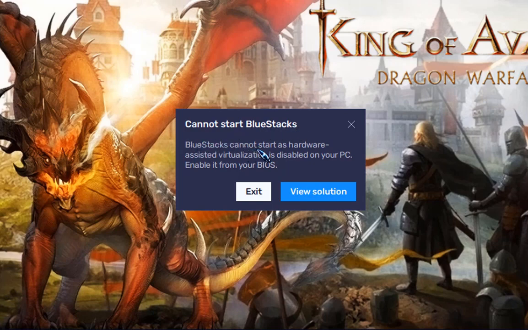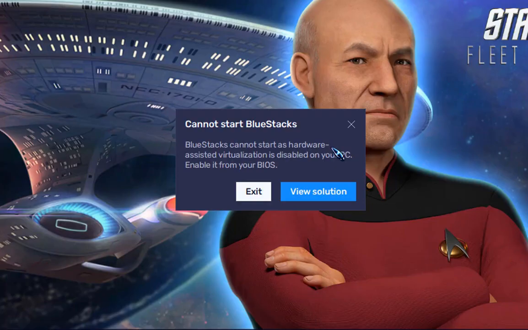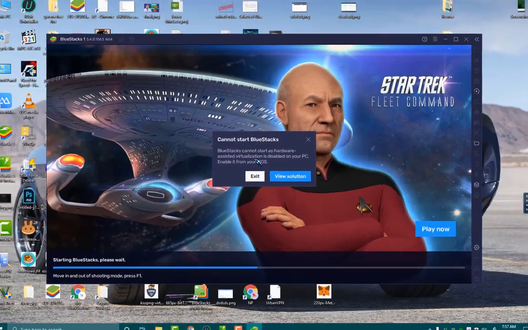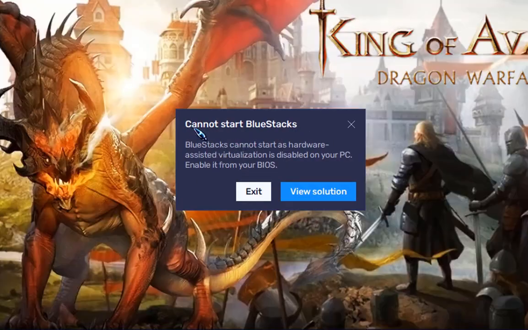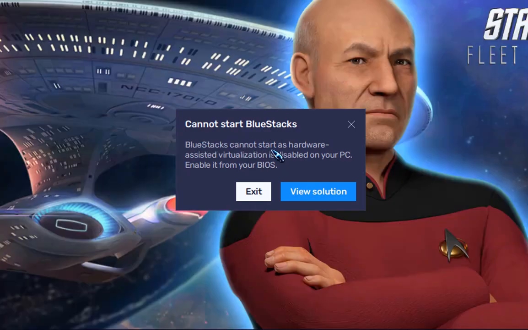Today I'm going to show you how to fix one of the annoying problems in BlueStacks. BlueStacks cannot start as hardware-assisted virtualization is disabled on your PC. Enable it from your BIOS. So this is one of the easiest fixes we can do for BlueStacks by accessing the BIOS settings of our